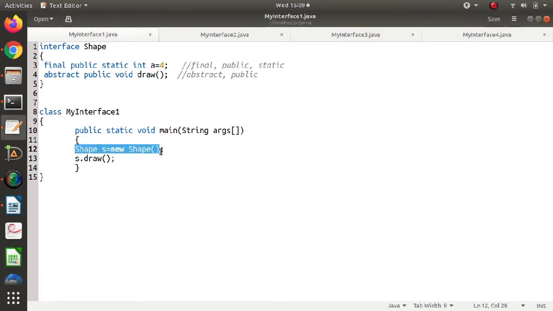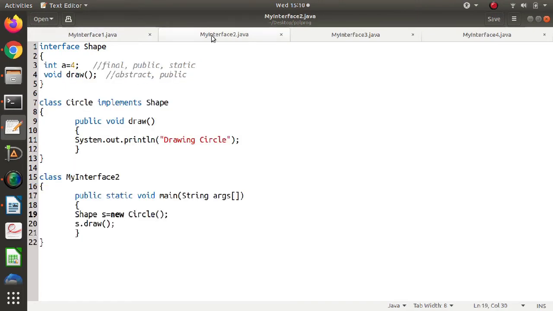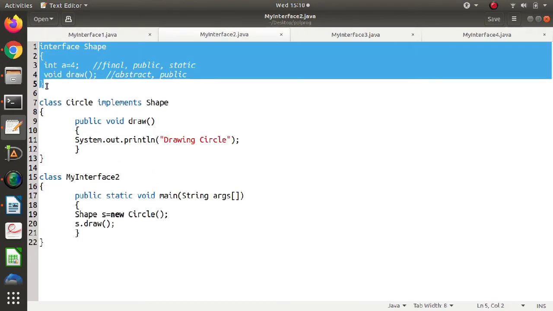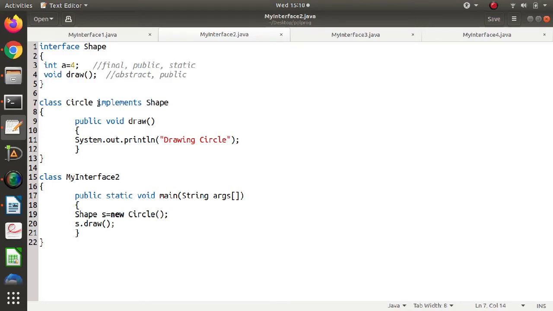of an interface. Now if we want to implement the method provided by this interface, if we want to use this interface, we need to implement this interface in some class and in that class we need to write code for this abstract method. Now look at this example. Same example I have taken here. So this interface that we have defined there, then we are implementing this interface. To implement this interface we are using the keyword implements. So in this class where we are implementing this interface, there we are writing code for this method.